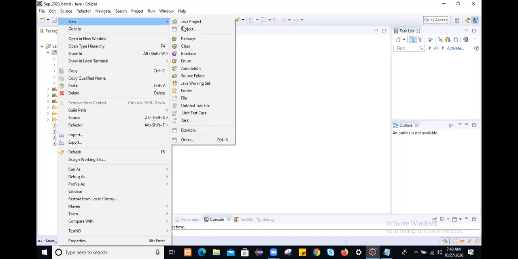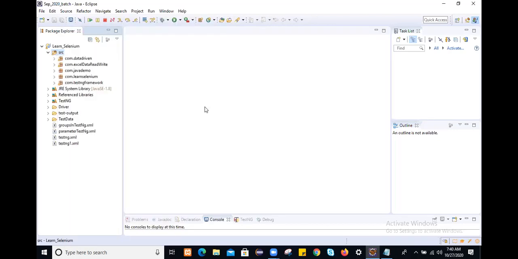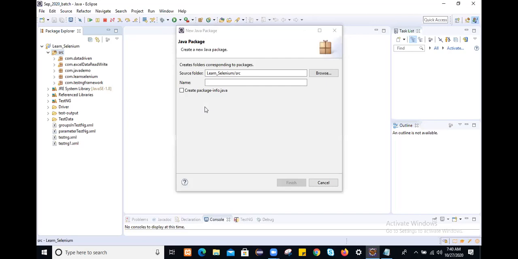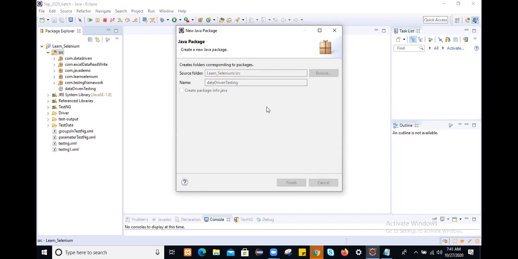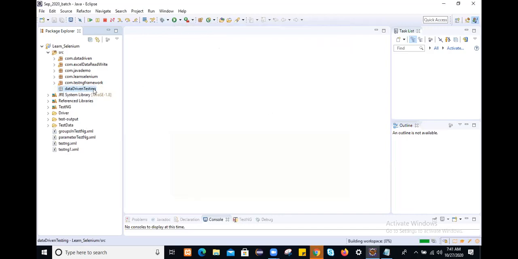Right click, go to new, create package, and I will give the package name data driven testing. Within this package, go to new, create a class with the name.